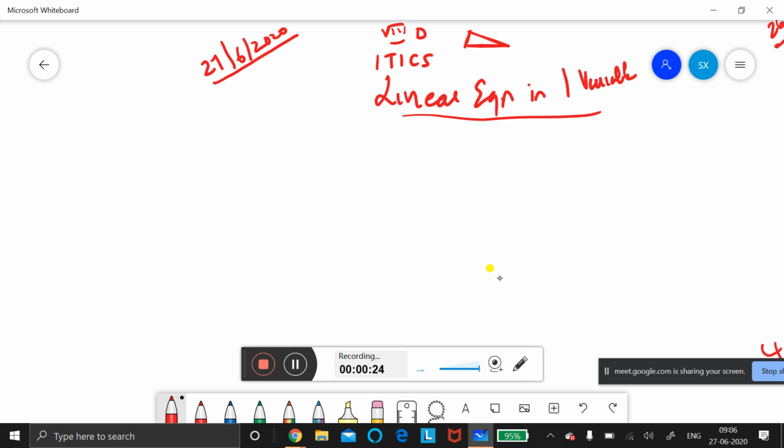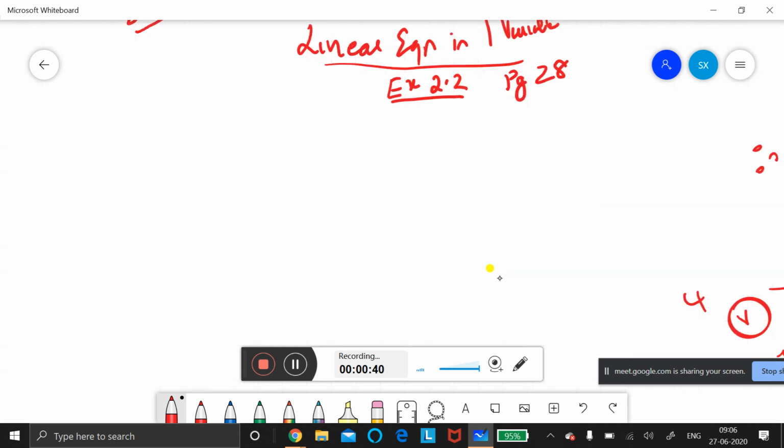Okay. In that we are going to the second exercise. Page number, tell me. Alden, tell the page number. Page number 28, ma'am. Exercise 2.2. We did the first sum, second sum we have done, right? Now third sum. Third sum Alden is dictating. Others can read. Just see the board and listen.